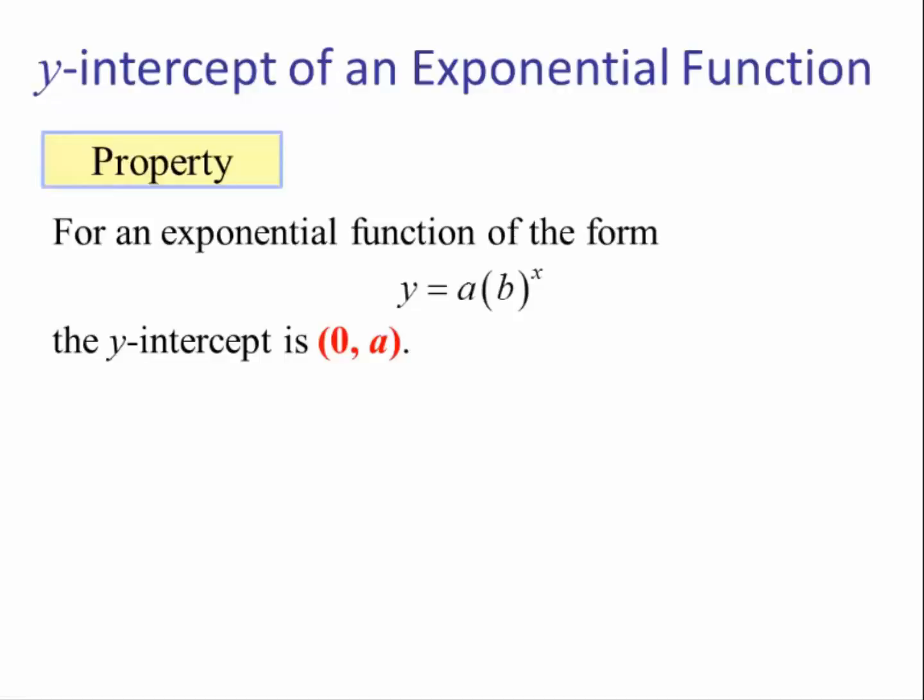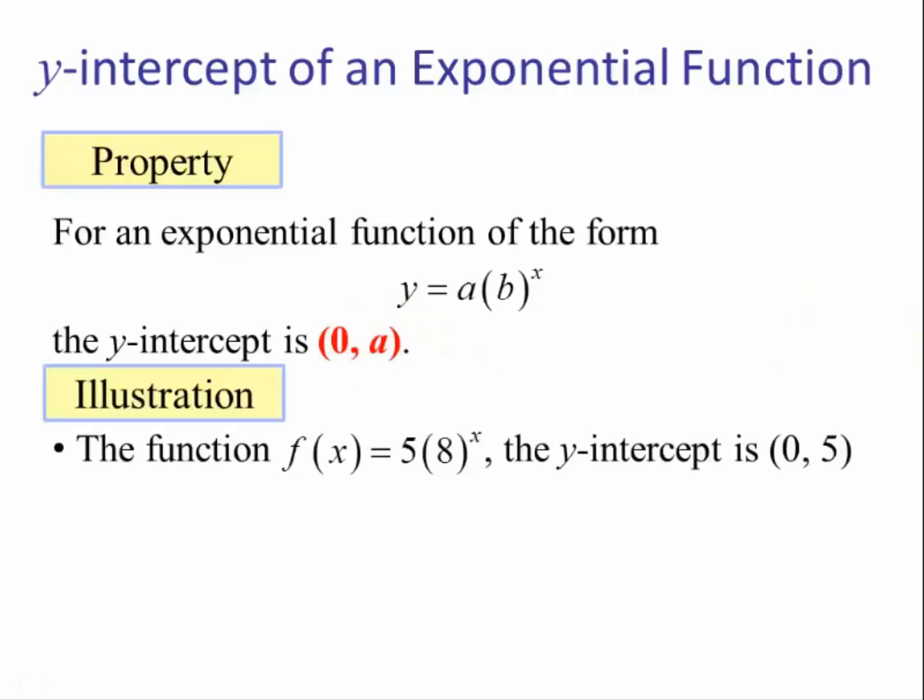Y-intercept of an exponential function. Property: for an exponential function of the form y equals a times b to the x power, the y-intercept is 0, a. So whatever value we have here, that value will be the y-intercept. If we don't see a value here, if we have just something like 3 to the x, then a is understood to be 1. Illustration: for the function f of x equals 5 times 8 to the x power,